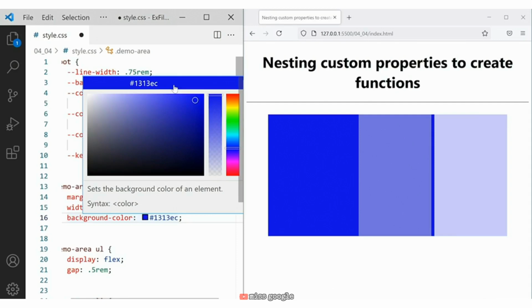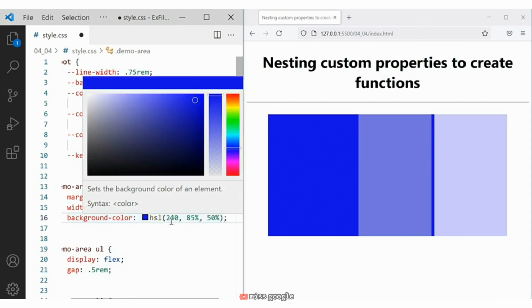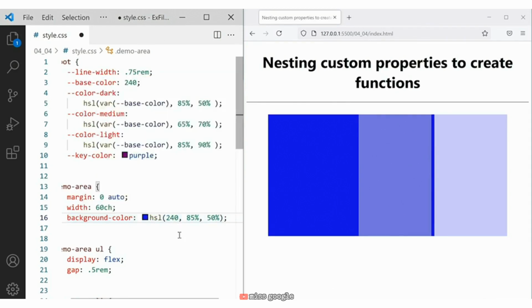So it's even more complex, and you simply cannot go into this and say, I'm just going to switch this quickly to green. You would have to open a color picker and then find what green is. But when you're working with HSL, you just go in and change the first value, and then you get the color you want automatically. Now, using hsla takes some getting used to, but once you get the hang of it,